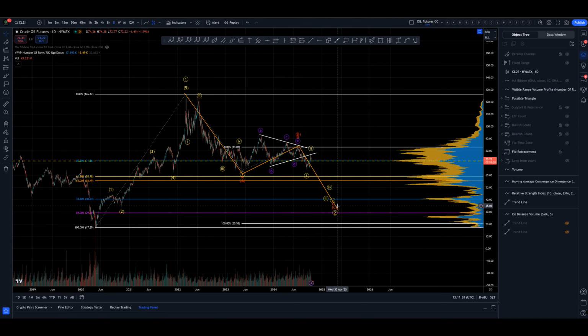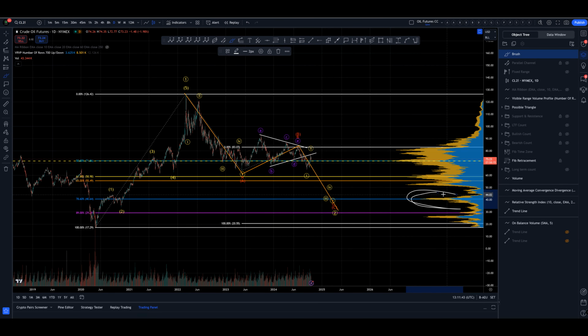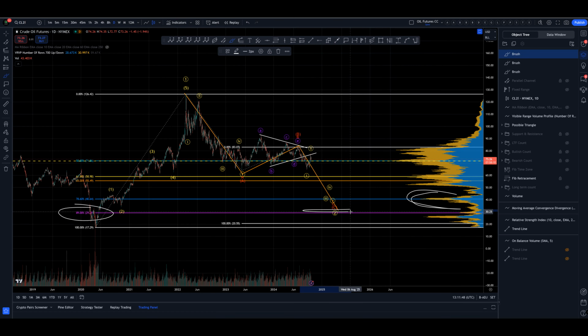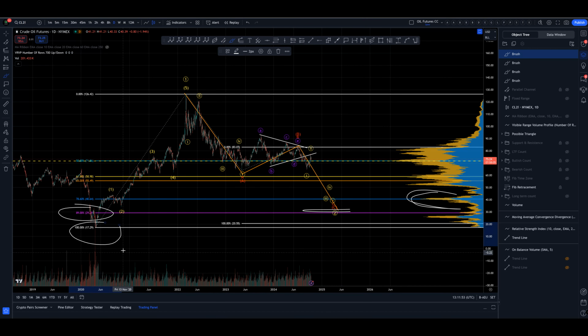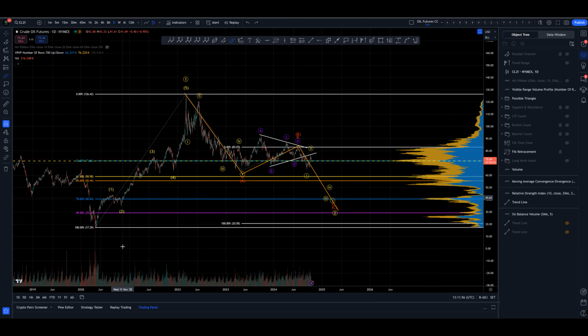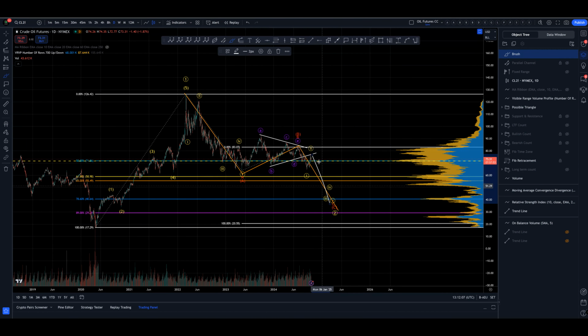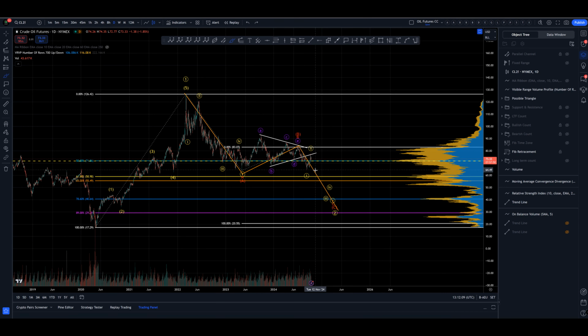We could stop at the 78.6. There definitely appears to be enough room to do that, and we have a very strong ledge here, little volume node in the visual range volume profile. And then we've got the 89% Fibonacci level here, fib number of 89%. We could stop here. We cannot come back beyond the lows. We literally can't do that on the WTI chart anyway. We could do it here on the futures chart. But yeah, the possibility to come a lot lower. So if we melt down and we smash all that support, this is possible. But we should see volume increase very bearishly in this circumstance to support a total collapse in price.